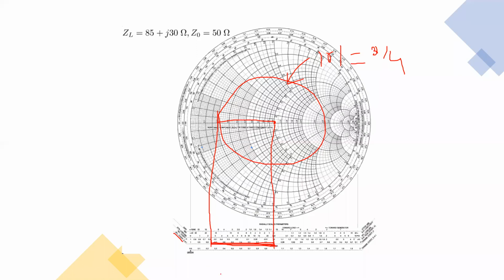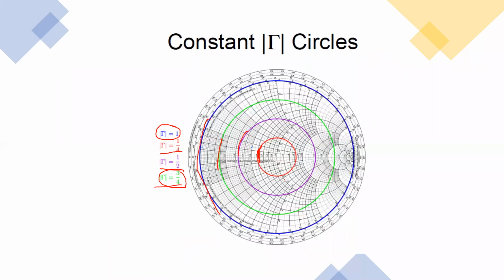So how do you plot this circle? You identify where 0.75 lies. You take this as the radius of the circle and consider this as the center, that is R equal to 1, a constant resistance circle whose value is 1. Considering this as the center and radius equal to this value, you draw the circle. That circle will give you the constant reflection coefficient value for the value you have plotted. So that is what is being displayed. Therefore, this value is coming up to this point.